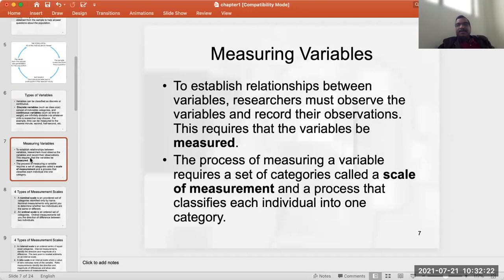Coming to measuring variables: to study the relationship between variables, a researcher must observe the variables and record their observations, meaning you record the data. Let's say for a machining operation the inputs are speed, depth of cut, feed rate, rate of the coolant, and tool geometry.